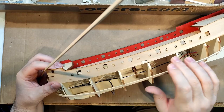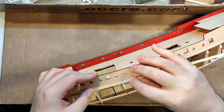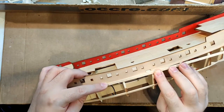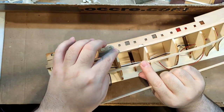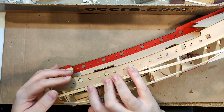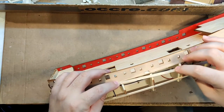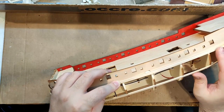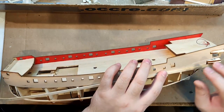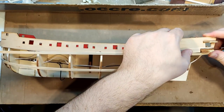Now, I'm going to begin over here where the straight line is, like that. I have made this surface here even, so I will glue this over here underneath the bulwarks, follow the line, and later on I will put this as much, maybe it's better, as I see it here, it's better to begin from the stern. Let's see here, if I put that over here like that,